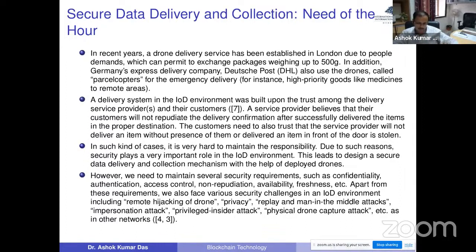To address this, we try to give a solution for secure data delivery and collection mechanisms through blockchain technologies. All the data delivered between the drones and ground servers are secure, and only the secure, authenticated data, that is the data delivery and collection data, can be put in the transactions that form the block. The block will be mined and then put in the blockchain. Therefore, it provides much better security in such environments.